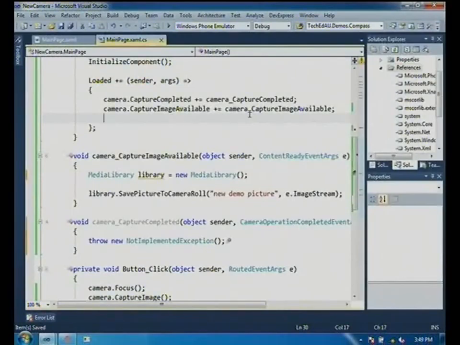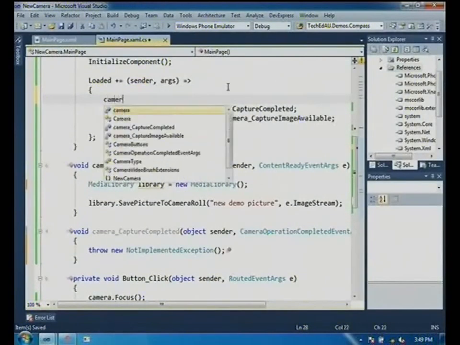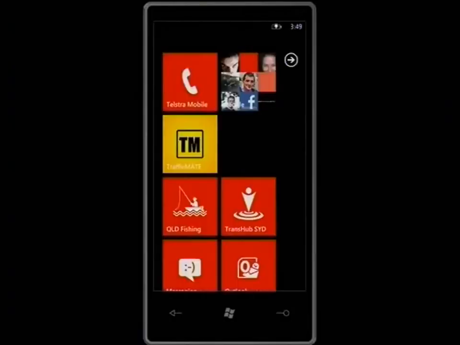Right, and now we're ready to go. So let's deploy this to our device. Good man. Good spotting. Right, now we deploy it to our phone. So now we're going to kick up this little fancy app.